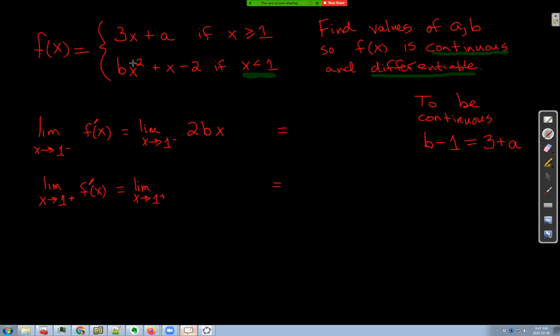I hope that made sense. So where did that come from? Because the power rule says you bring the exponent down and you multiply, and then you drop the exponent by 1. So that's where that's coming from. And then plus x. Oh, but wait a minute, the derivative